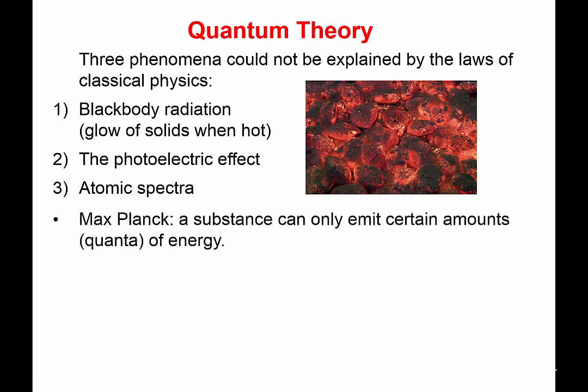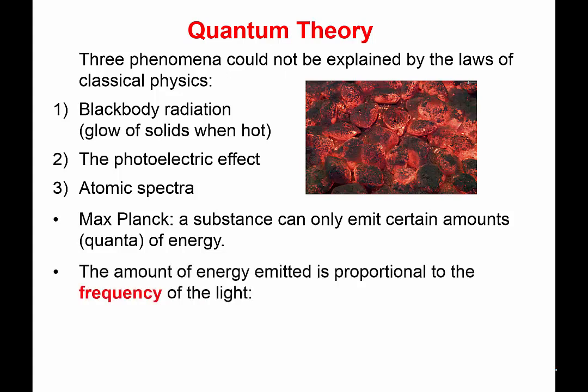So this was studied by a German scientist called Max Planck. As he was studying blackbody radiation, he came up with a hypothesis that substances can only emit certain amounts of energy, which were referred to as quanta of energy. And then he did some calculations, and he noticed that the amount of energy given off by these hot objects